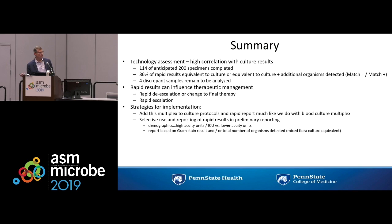The selective use would also be potentially based on the gram stain and the total number of organisms detected. So in that last case, we talked about multiple different organisms. Perhaps not easy to know what to do at that point, 5 hours to 6 hours after we have received that specimen. So maybe we just leave that as it is, and we call that sort of mixed flora. That would be another option, so you report less information than you potentially have. You could report all the information and add an interpretive comment, or you could report all the information and add